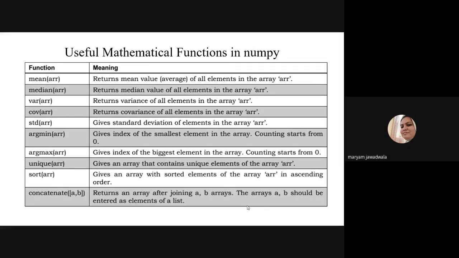Okay. Some more functions are there which you can apply on numpy. First, mean. Mean returns the mean value, or I can say the average value, of all the elements present in the array. Then median returns the median value of all the elements present in the array. Then the var function. The var function returns the variance of all the elements in the array, right? So I already told you before that the numpy module is useful for scientific calculation. So whenever you are talking about scientific calculation, you must know the mathematical functions, right? So all these mathematical functions you can perform using the numpy module very easily,